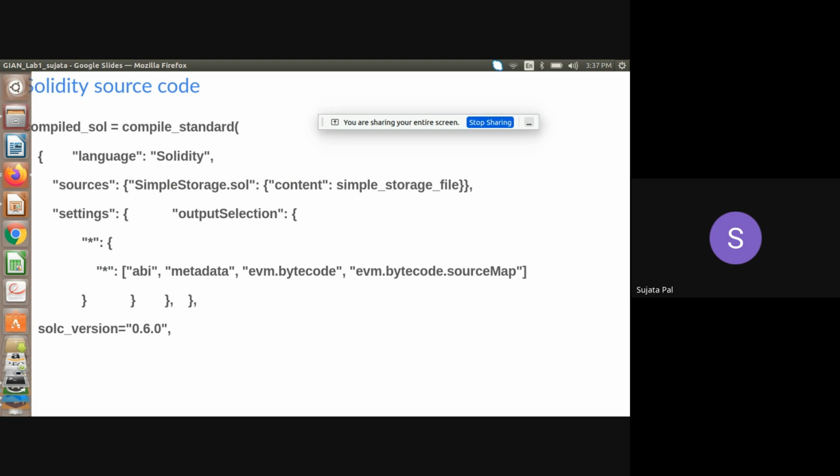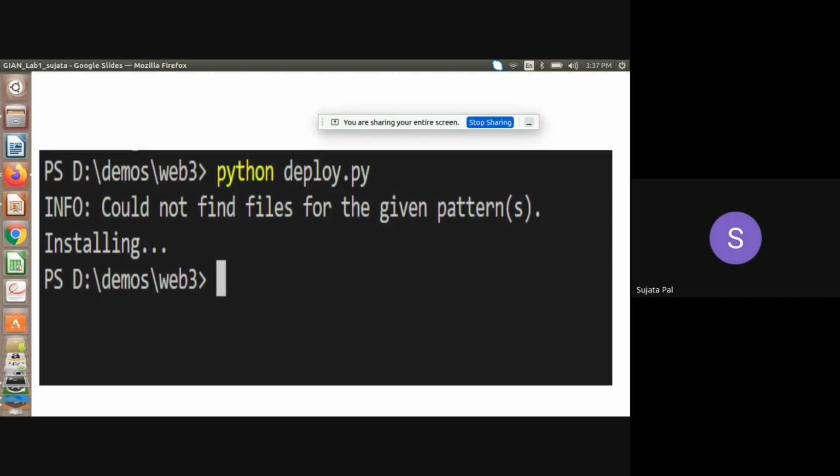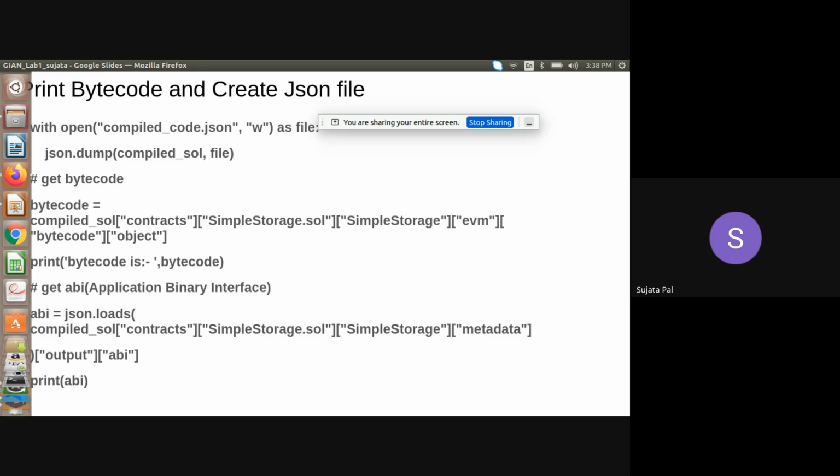So Remix IDE is a graphical user interface. Only when you click, it will compile. When you click, it will deploy. But here you have to write everything. It's like a machine, so in Python we have to tell it what to generate, how your smart contract will be deployed on the machine. After that, when we deploy it, it will be executed.